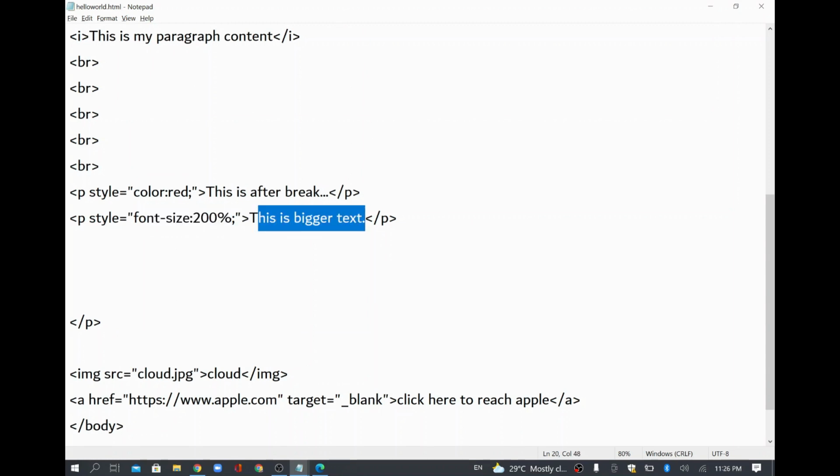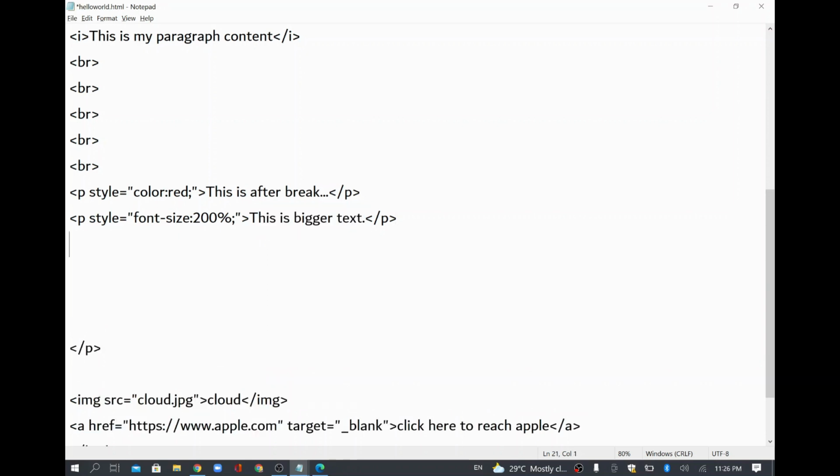Similarly, if you want to add any kind of border, that you can also do. For example, I'll add a new paragraph and I'll say style. Style is an attribute. In that attribute I'm saying border, and I'm giving some size for the border, and I can give a solid line or dotted line, all those things. There I can give some color. For example, I'll give a red color here, and then semicolon and double quote. Whatever is coming here is the attribute value of style.